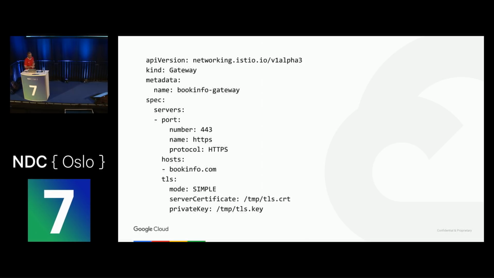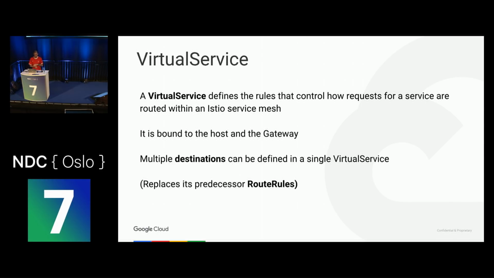So basically, you give it a name, and you define your port and your protocol and your certificate and stuff like that, but nothing else. So it's very basic. So it's the gateway to your mesh. A virtual service is kind of like a combination of your destinations into a service. So you can have multiple virtual services, but they all need to be part of a gateway. So from gateway, you get to the virtual service, and they replace the route rules that you had before in